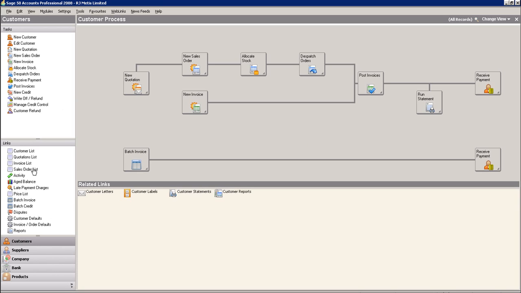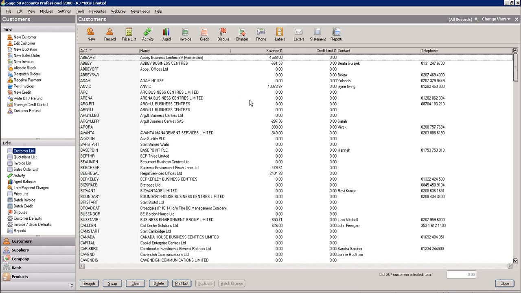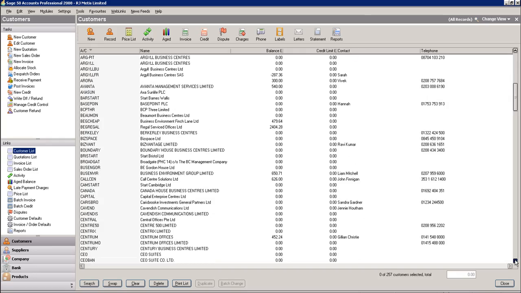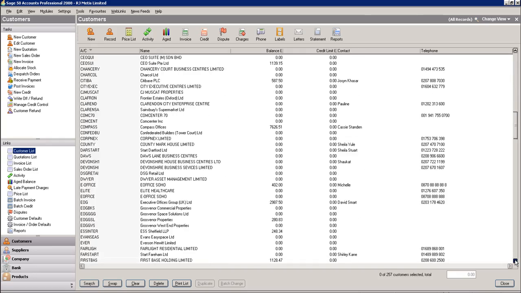What I'll do is go to my customer list, and the first thing is that we'll have a look at the new accounts that we have now set up in Sage. So if we go and look for Regis Management and Leicester House,